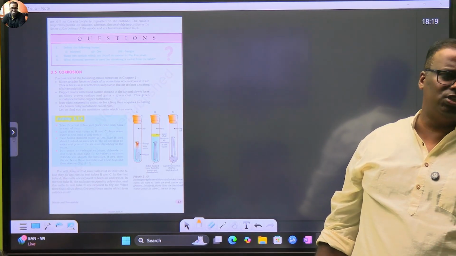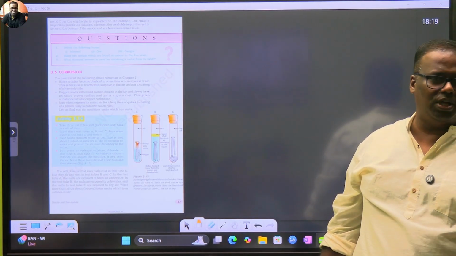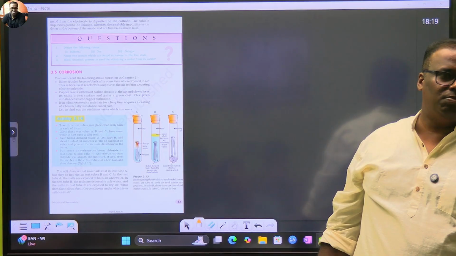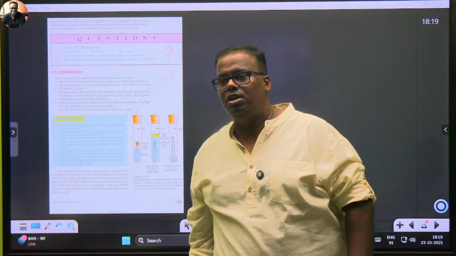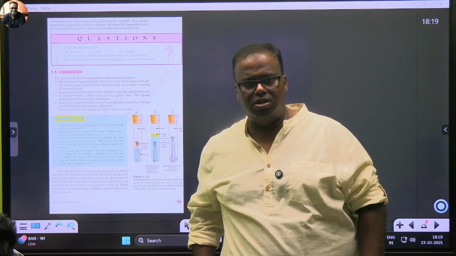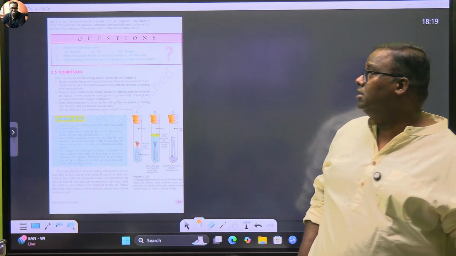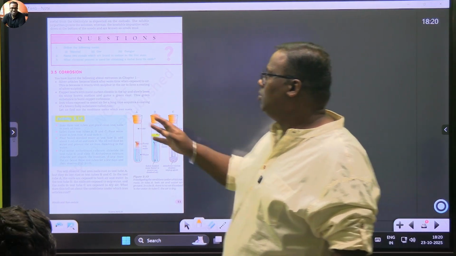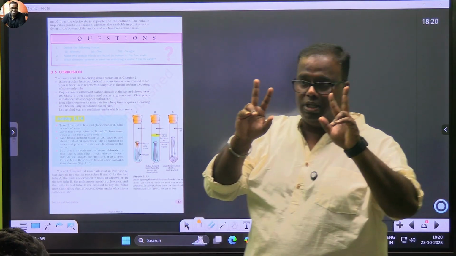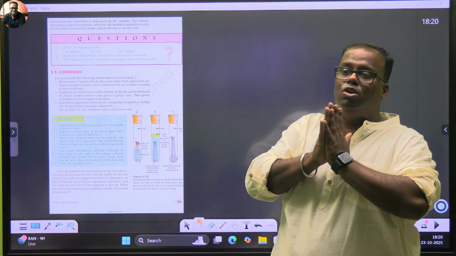So types of corrosion prevention: basic case galvanization. Then you can coat it with magnesium paint. The only thing is corrosion will happen only when you have two enemies with you. This is the last topic. So copper reacts with moisture. See, copper has two types of things. Copper is not called copper rust.